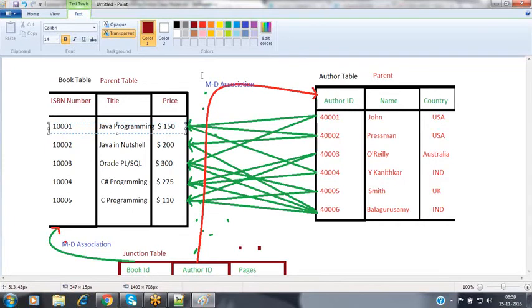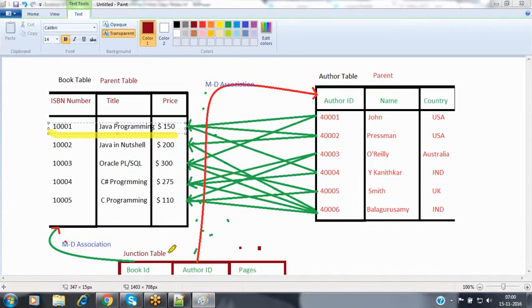I think you cannot delete, because it is associated, like the child record is associated in the other table, right? So, no. In this case, whenever you remove the parent record, as per the master detail functionality, it will automatically remove the associated child records inside the child table. Now, whenever I remove that parent record, that is Java programming, from the book table, all the associated child records from the child table will be removed by default.